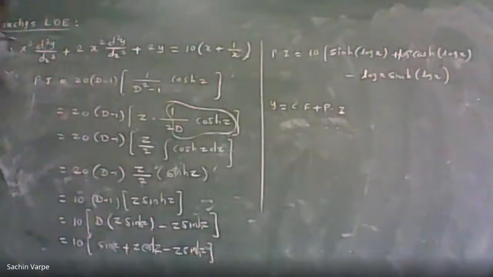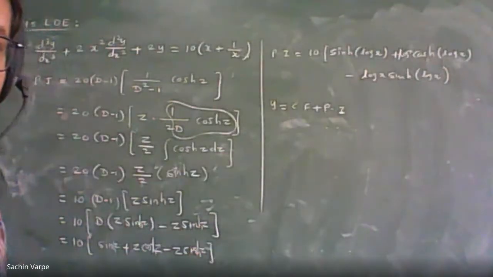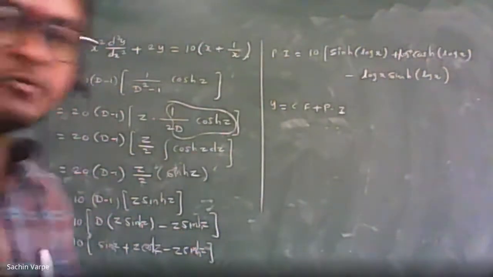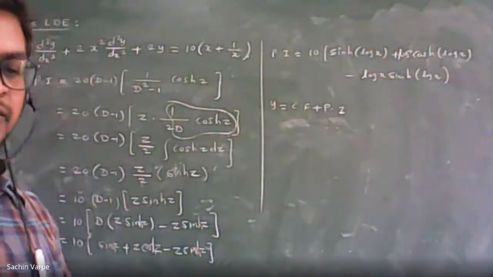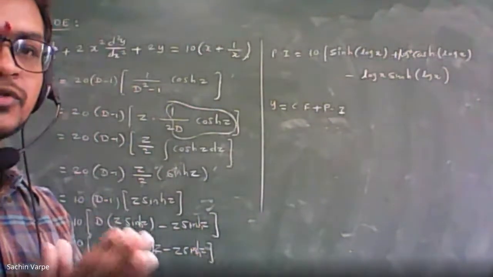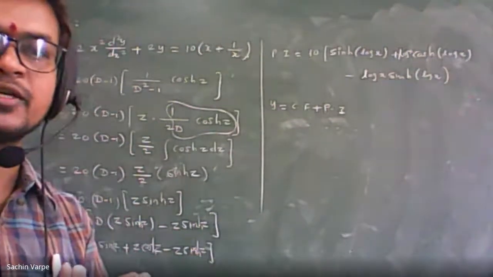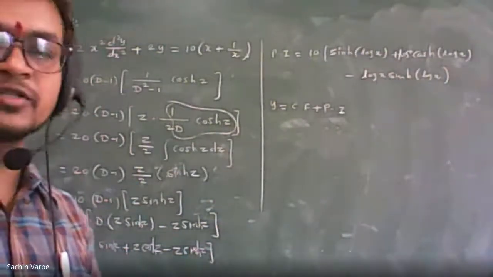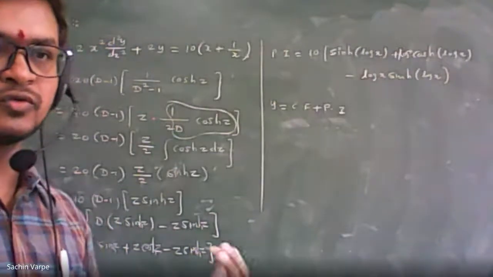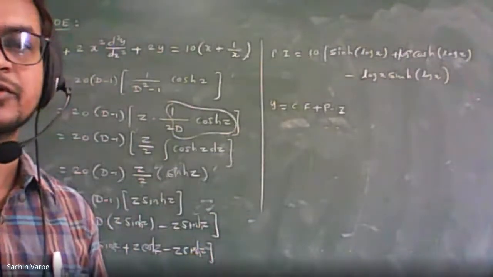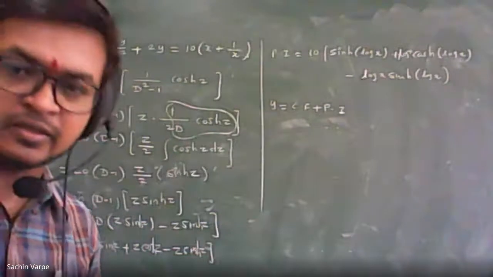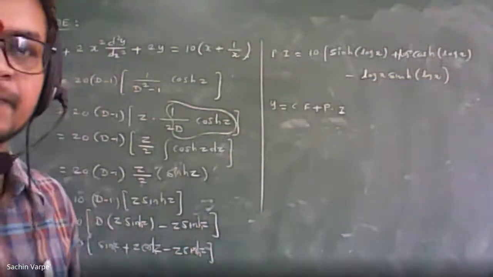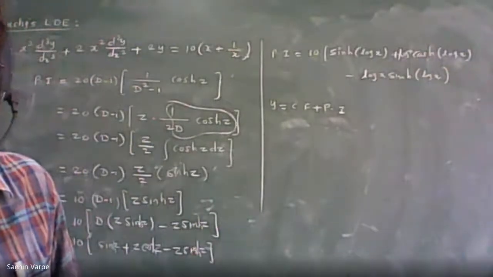So actually the same thing applies for Legendre's differential equation. We have similar substitutions, and with the help of those substitutions, we'll reduce those Legendre's differential equations into linear differential equations with constant coefficients, and then we'll apply the methods of linear differential equations with constant coefficients to the Legendre's equations for their solutions. Okay, so I think it's 12:15. We should stop here. If you have any doubt, please ask me later.